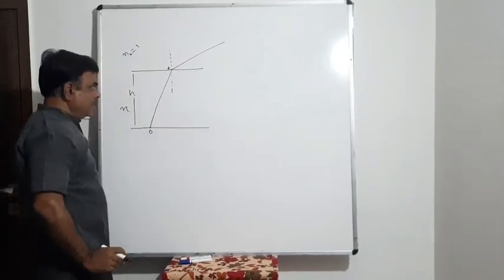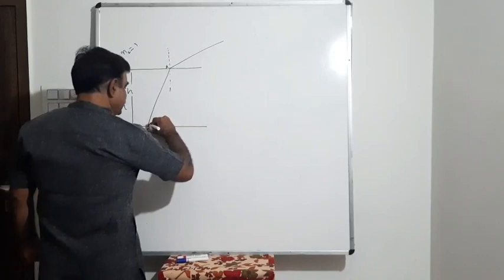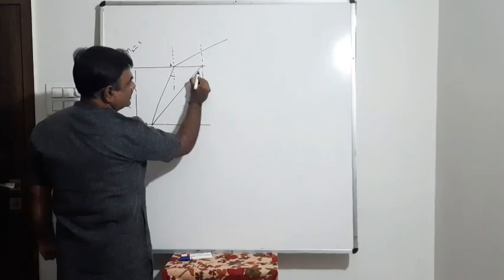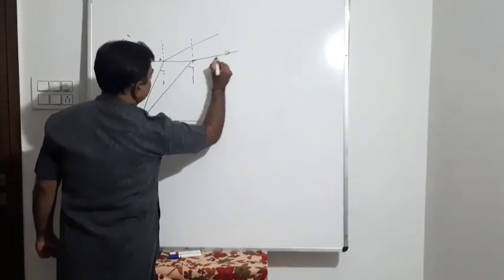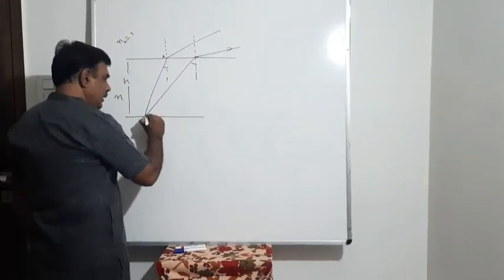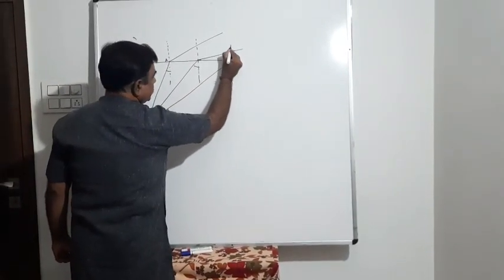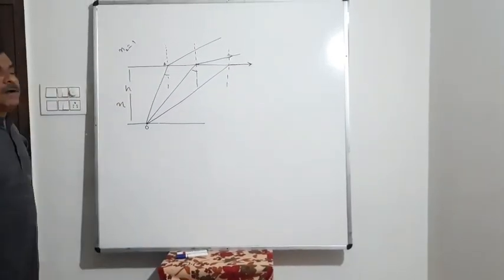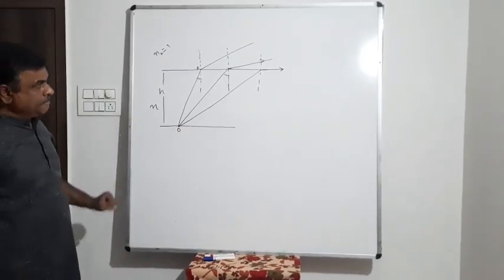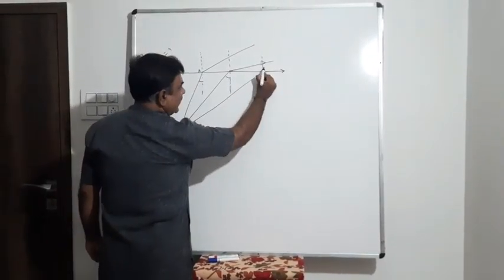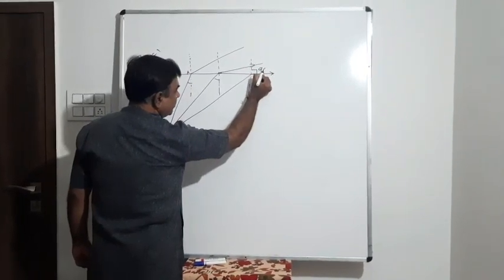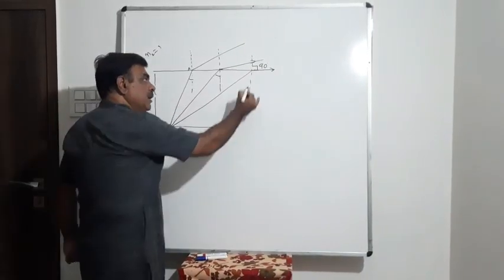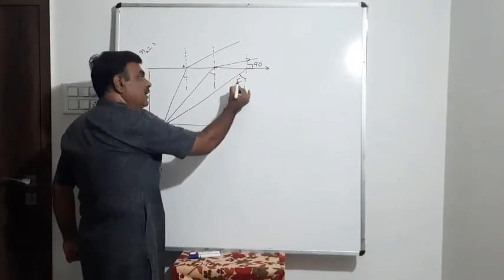Let's say OA. Now, instead of that, if I consider this light ray, then the angle of incidence has increased. The angle of refraction will increase further. Now, if the angle of incidence increases continuously, at one particular angle, what will happen? Light will become parallel to the surface of the medium. So, at that time, the angle of refraction will become 90, and the corresponding angle of incidence for which the angle of refraction has become 90 is called the critical angle C.